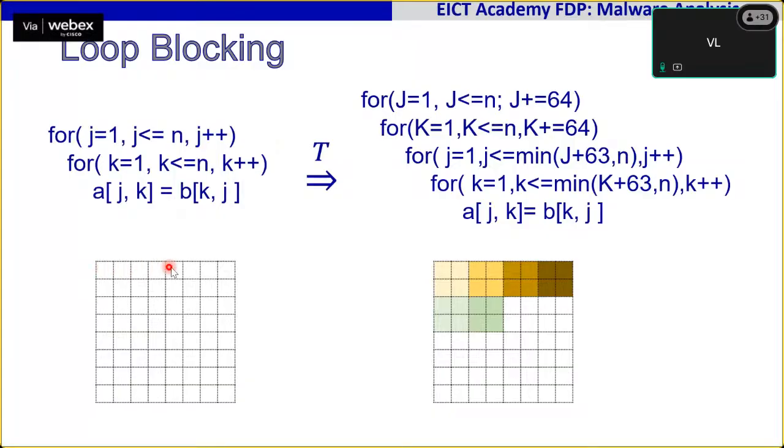let's say J indicates row and K indicates column. So for the first row, all the columns are traversed. Then for the second row, all the columns are traversed. For the third row, all the columns are traversed, and so on and so forth. Now, in this particular case, rather than going by,